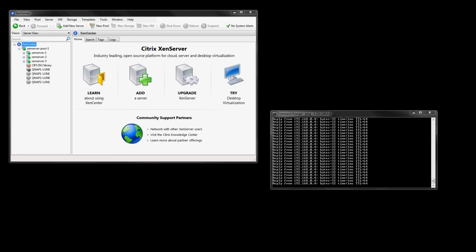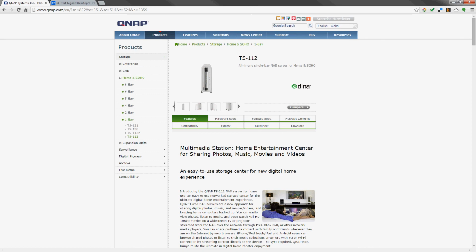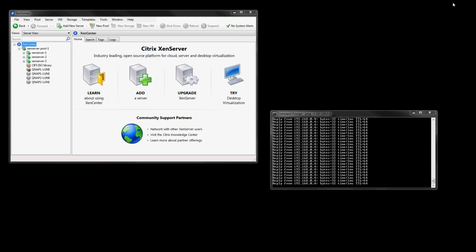For storage, I'm running two of these QNAP TS112 home office storage devices, NAS devices, call them what you will. They've got plenty of features, but I'm using them specifically for the feature of iSCSI. So they're my iSCSI storage repositories,